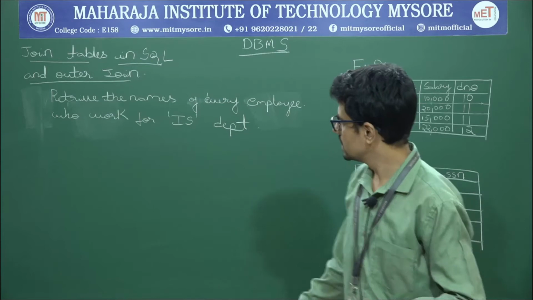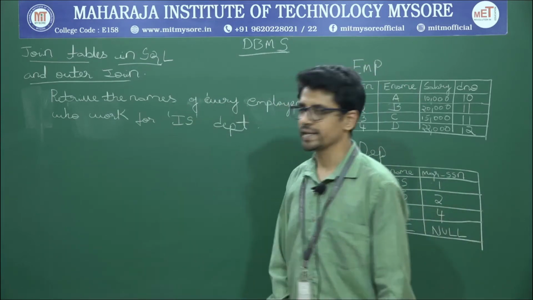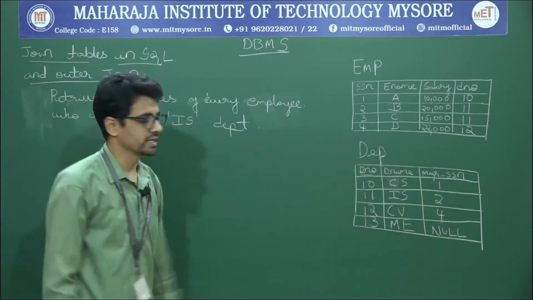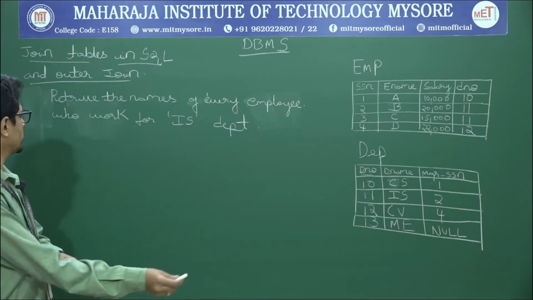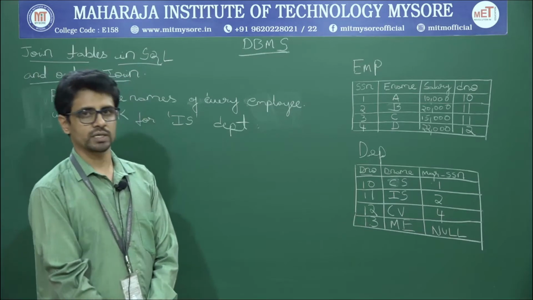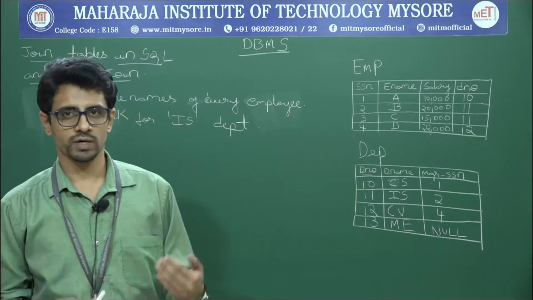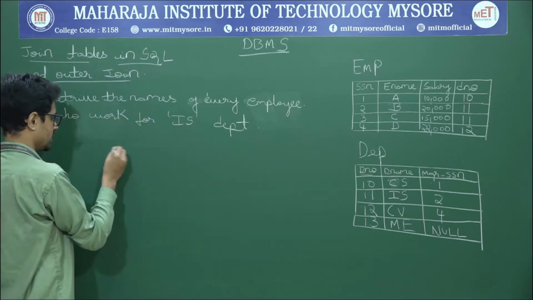For example, the question is: retrieve the names of every employee who works for the IS department. I have taken a simple example of two tables, employee and department. It is asking for the names of every employee who works for the IS department, so I am trying to get the relationship between an employee and a department through works for. So if I write a query,